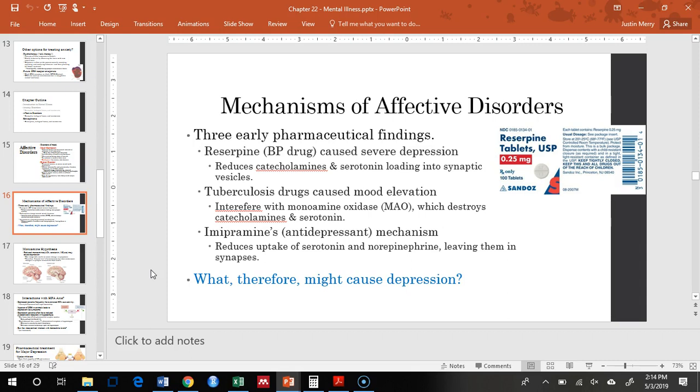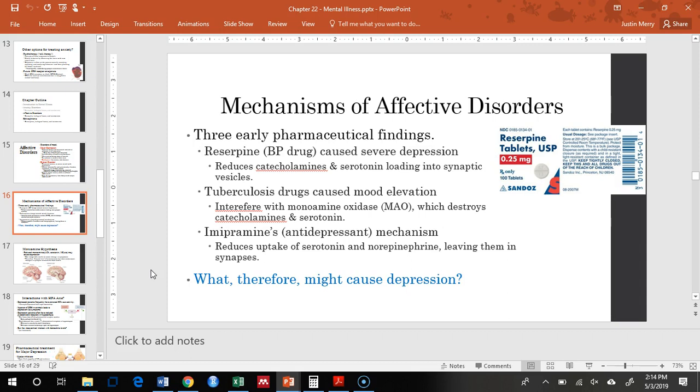So normally this enzyme does get rid of these neurotransmitters, but here we're blocking the enzyme, so we have more of those neurotransmitters and it causes elevation of mood. So it's like the opposite of this thing with the same kind of mechanism. And then this other one,